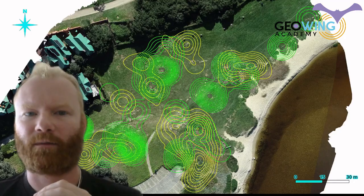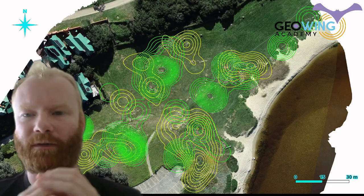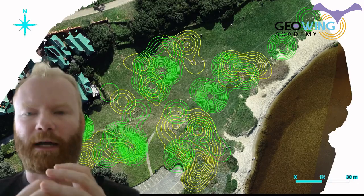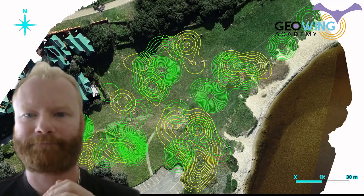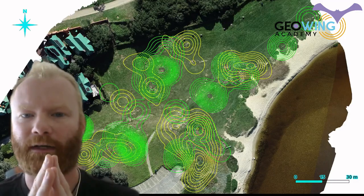Just to note, at the top right-hand corner of the screen, you can also see additional activity taking place towards the northeast. This is most likely either the introduction of a new individual to the area, or perhaps an individual moving out. More ground data would be needed to validate this theory. We would have to look at more data over time to be able to make proper conclusions around this,